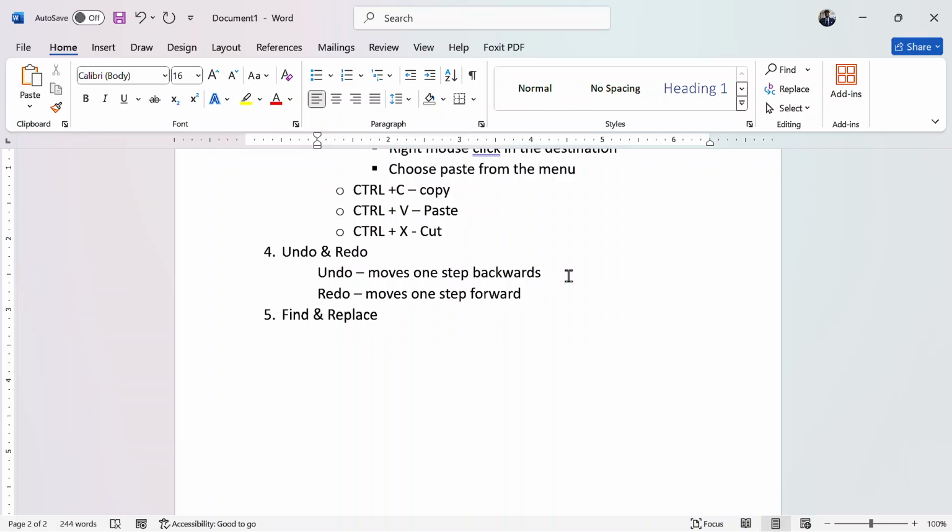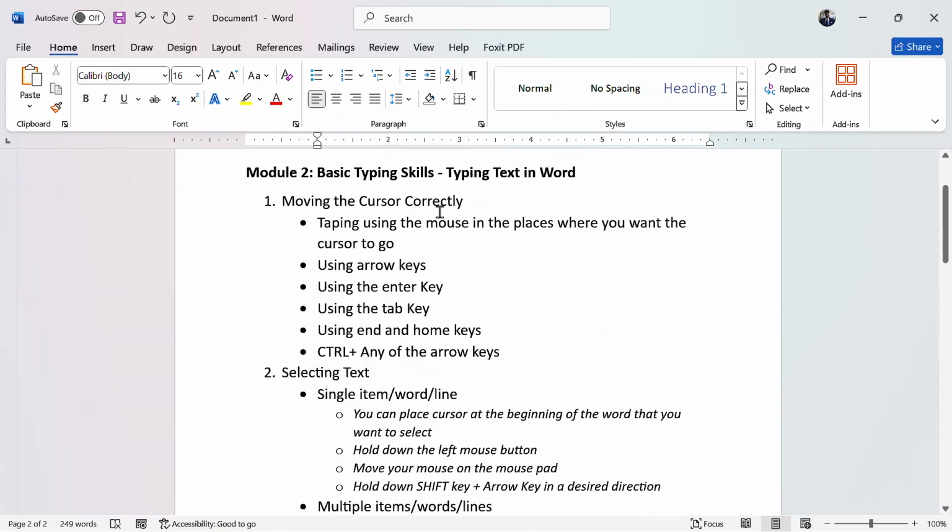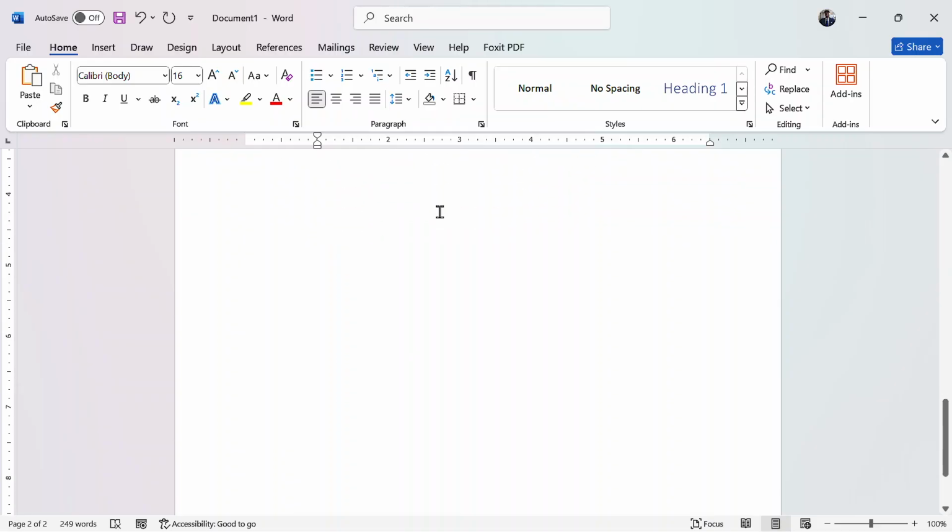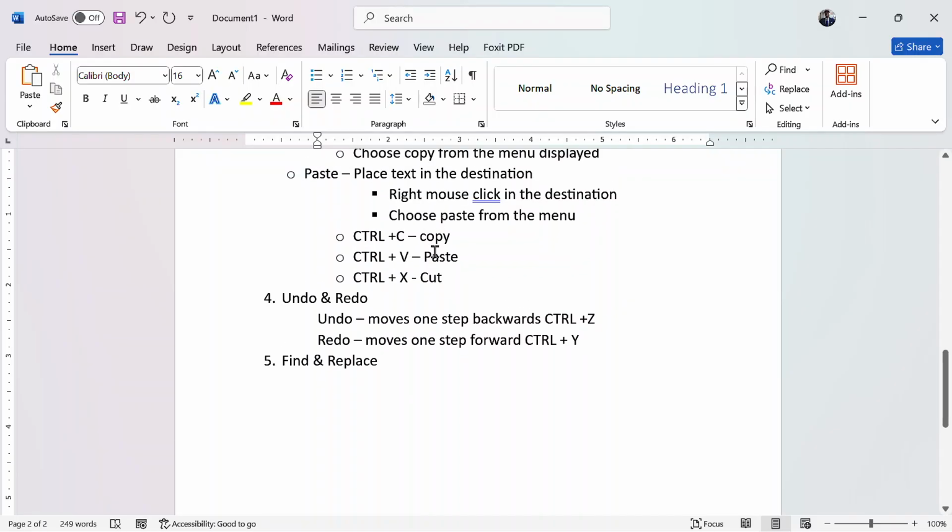Now here we have undo, that is Ctrl plus Z, that is the shortcut, and here we have Ctrl plus Y. Note this: most of these functions or icons in the ribbon, if not all, when you move the mouse over them and point at them, tell you what the button does, and even give you a shortcut key.